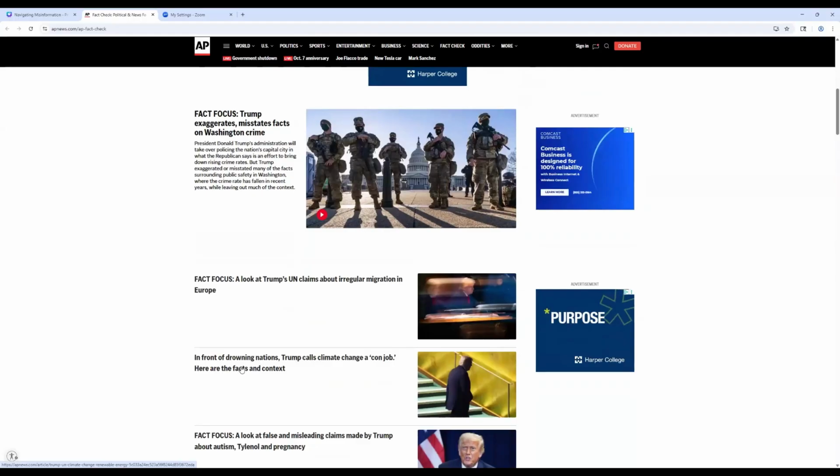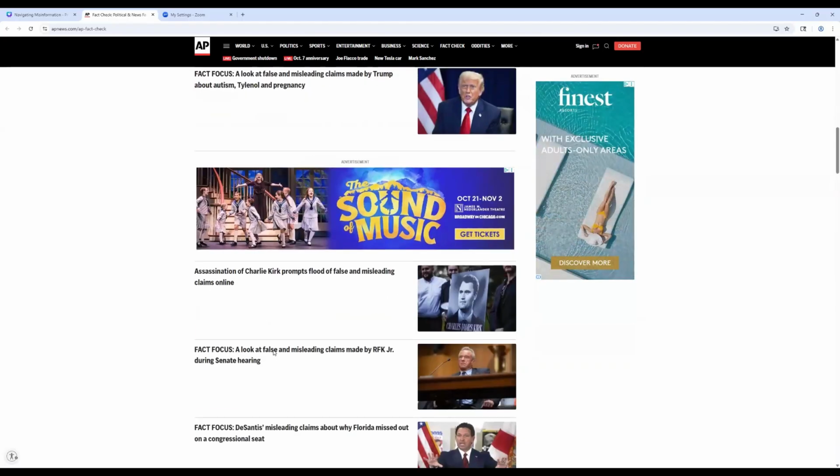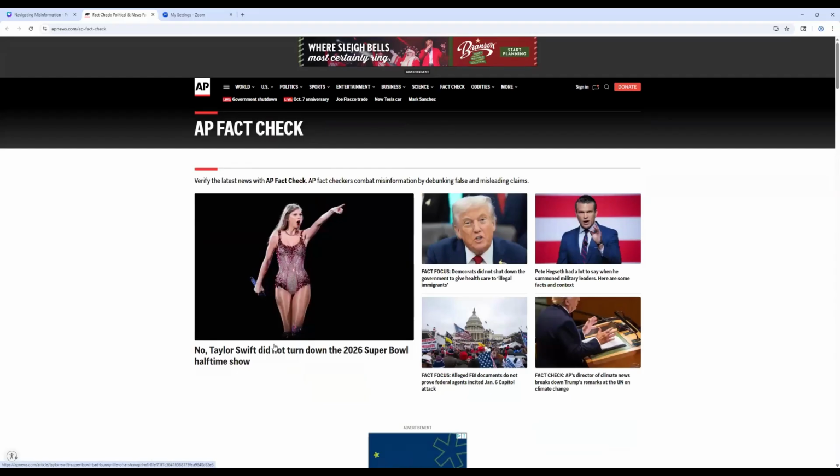It's really fact focused. The Associated Press can be a way to get news if you want something that's not necessarily run by a business. ABC is a media company, a business, like CBS, they're all companies. Sometimes you just want something that's not. The Associated Press can be a really helpful news source to go to.